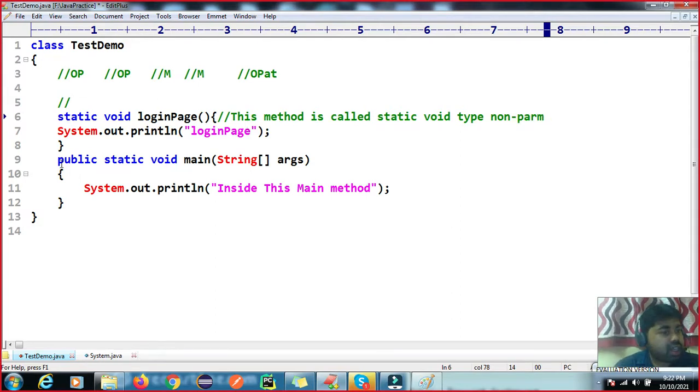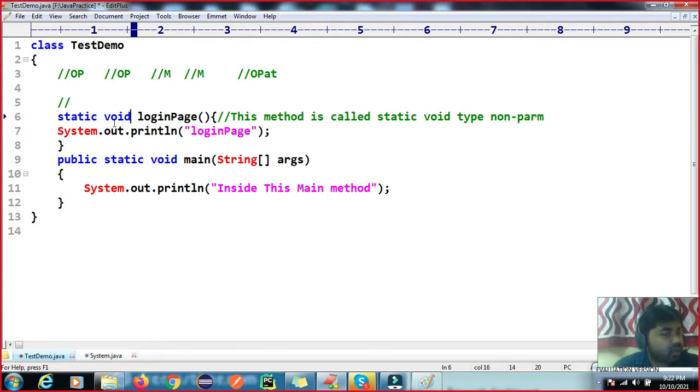You can see I did not use public here because I don't require it, I don't want to access my method all over the project. So if you are not defining public, private or protected, this is called the default modifier. Yes, this is optional, because I have to create a static method, so we have to define static. Return type, I told you, right? If you are not returning any value, then we will use void type.